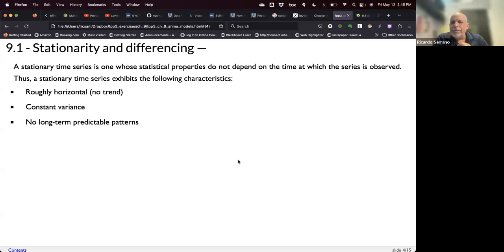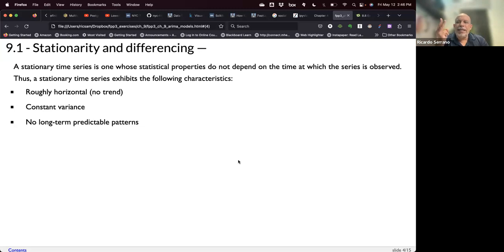The second assumption of a stationary time series is that it has constant variance. If you see the ups and downs in the time series, constant variance means that the amplitude of those ups and downs is uniform across the time series. So we have constant mean, we have constant variance, and the third component